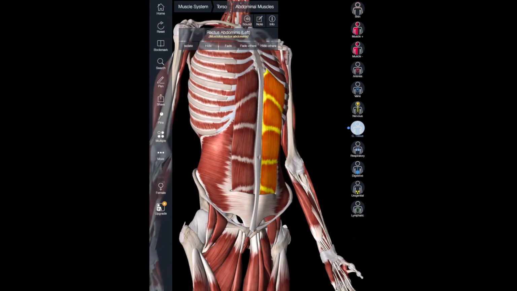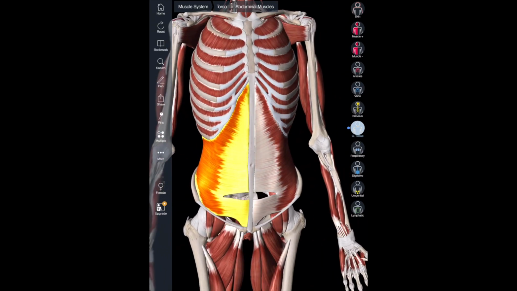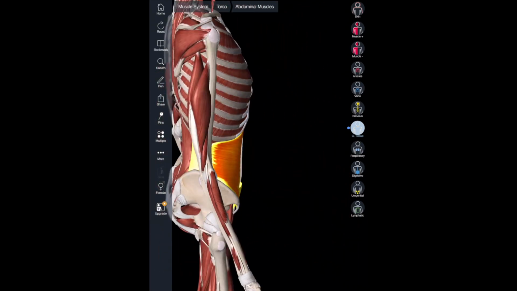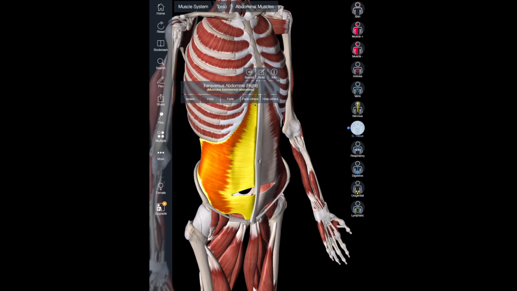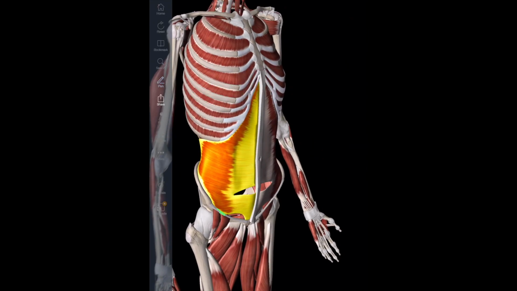Now last one, transversus abdominis. Let's take off rectus. Now we can see all of transversus abdominis. So where does transversus abdominis attach? It attaches along the inguinal ligament. So right down here, the inguinal ligament, and the iliac crest, so in through here, and the thoracolumbar fascia, which we saw,